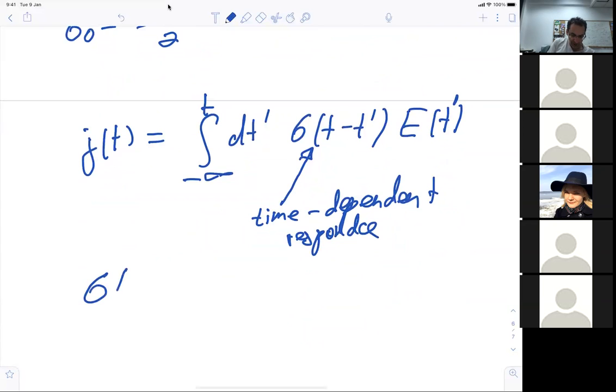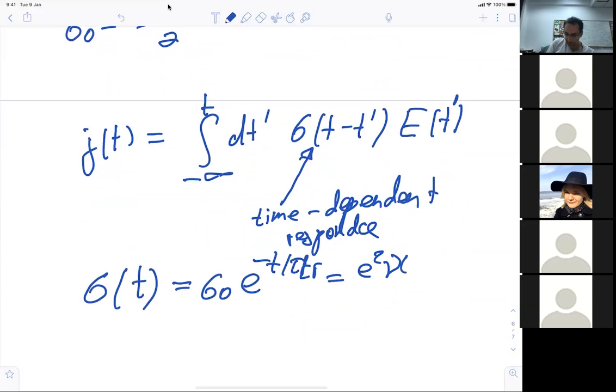Sigma of t, I read it from the equation above, it's sigma 0 times e to the minus t over tau transport. Or explicitly E square nu V Fermi square over 2